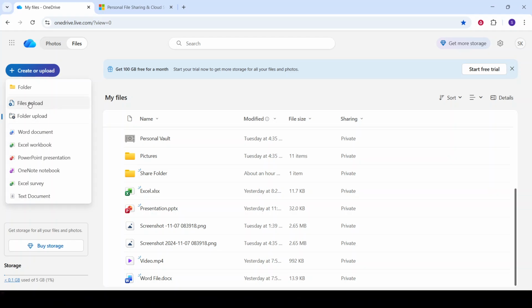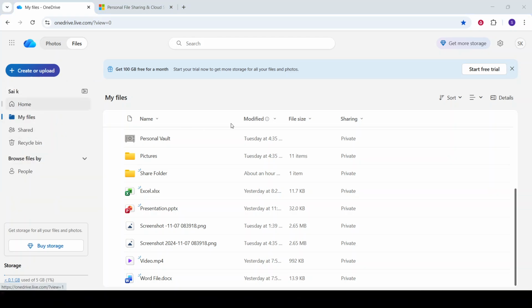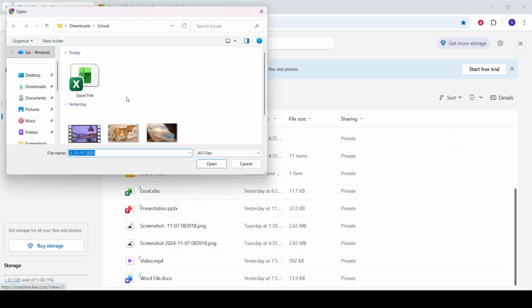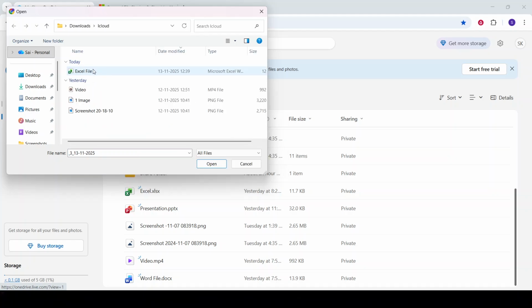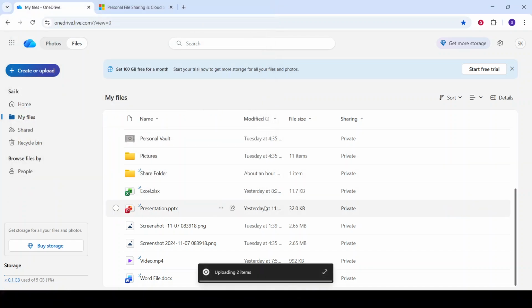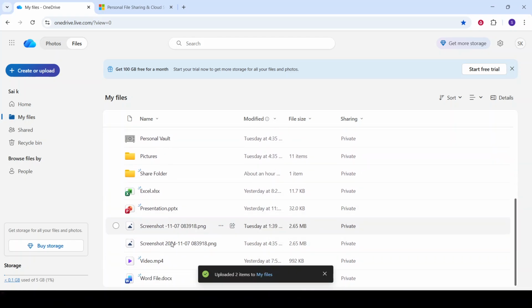Once you've made your selection, a window will pop up, reflecting your computer's file and folder structure. This interface is usually quite familiar if you've used other programs before. Simply navigate to the location of the file or folder you wish to upload and select it. Then, click Open. You'll notice that the upload process will start automatically. Depending on the size of the files and the speed of your internet connection, this process might take a few